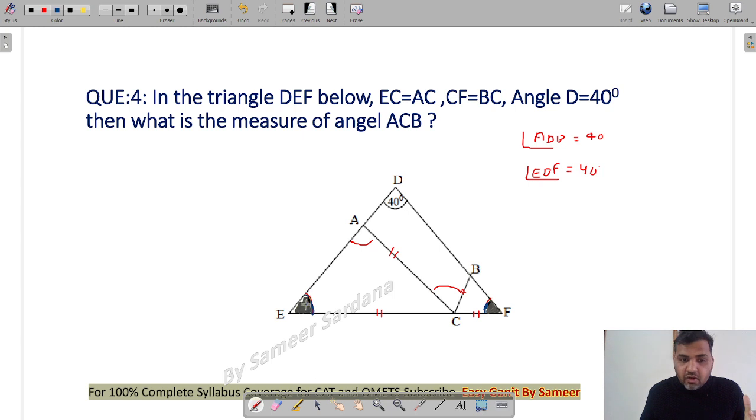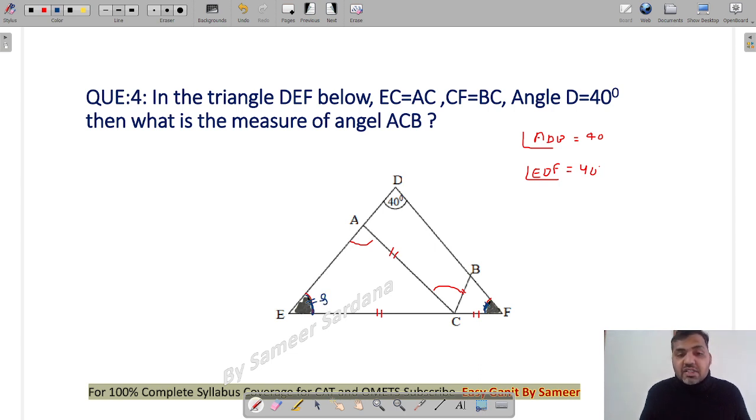Now the value of these two angles, guys, is equal to 140. The summation of these two angles is 140. You just assume any number that you want to assume. Take any two integral values which will give you the summation of 140. Why integral? Because that makes our calculation part easy.